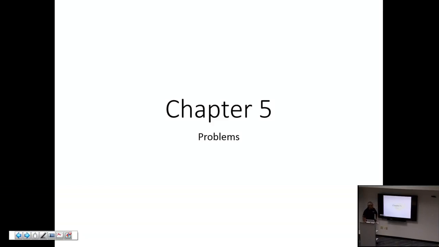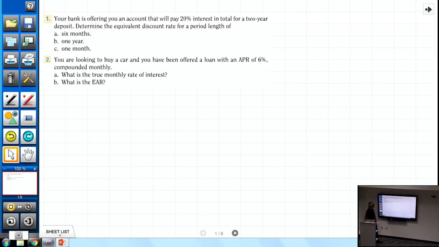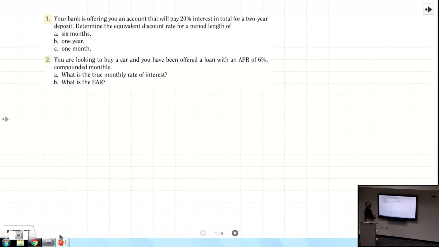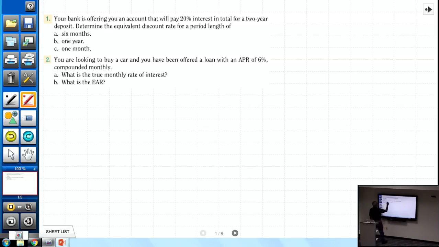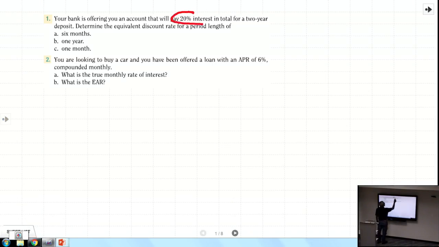So we're going to look at problems from chapter 5. Let's take a quick look at some of these problems. Problem number 1 says your bank is offering you an account that pays a 20% interest rate. This 20% interest rate is for a total of 2 years. What will be the equivalent discount rate